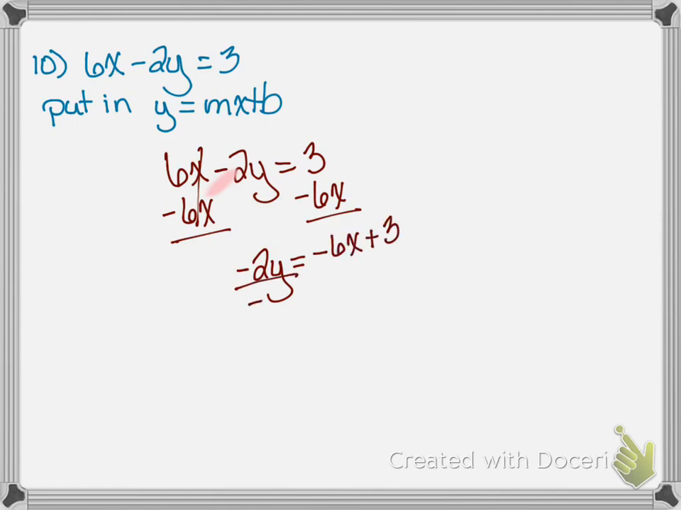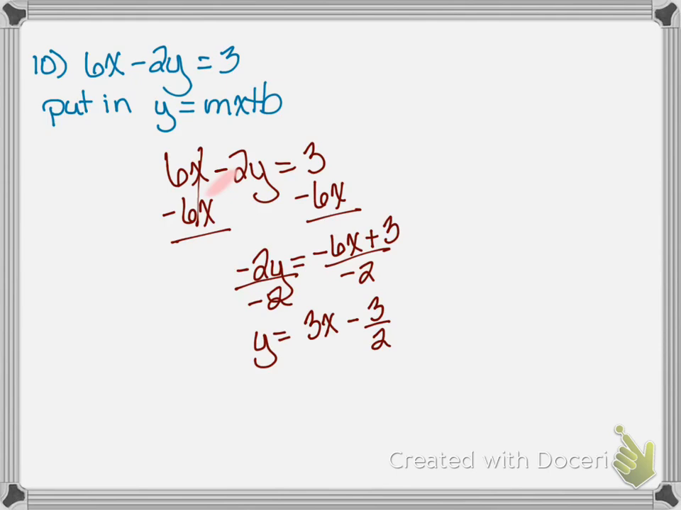My next step is to divide by negative 2. So then I'm left with y equals negative 6 over negative 2 is positive 3. Negative over negative is positive. Then I'm left with minus 3 over 2. So my slope for this,